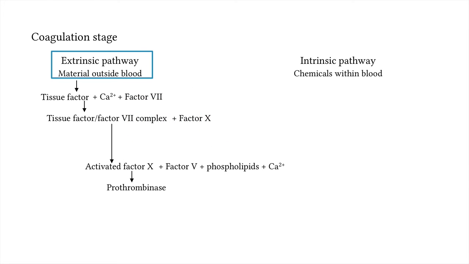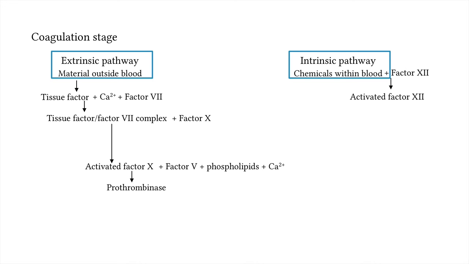Let's get a little more room so we can see the intrinsic pathway now. We're still in the first step of coagulation stage, producing prothrombin. The intrinsic pathway is another way that the blood coagulation can begin. When collagen from the damaged blood vessel walls contacts factor 12, which is a protein already in the blood, it